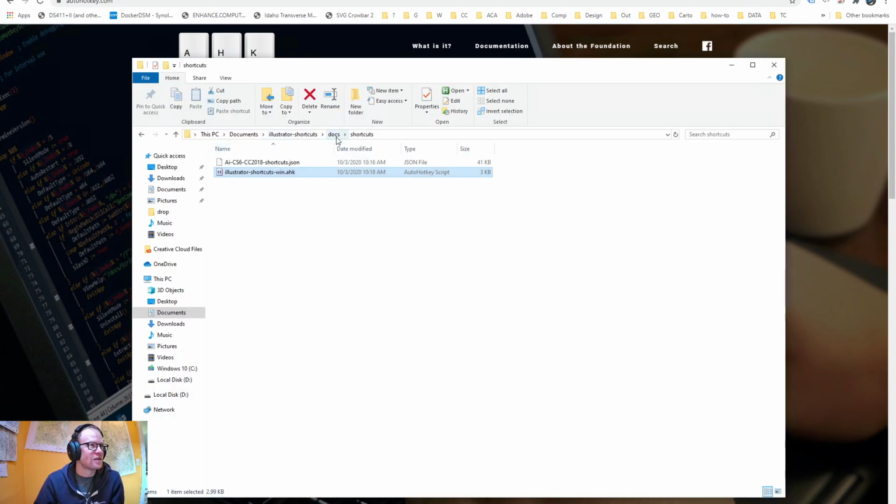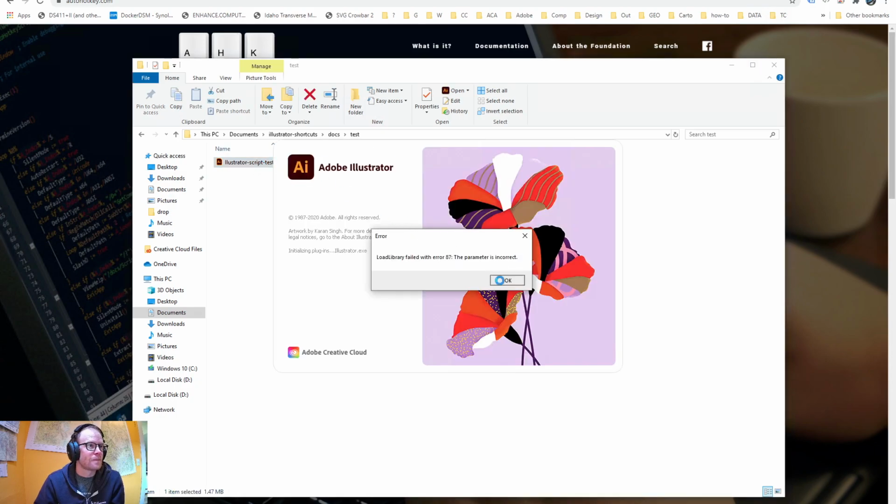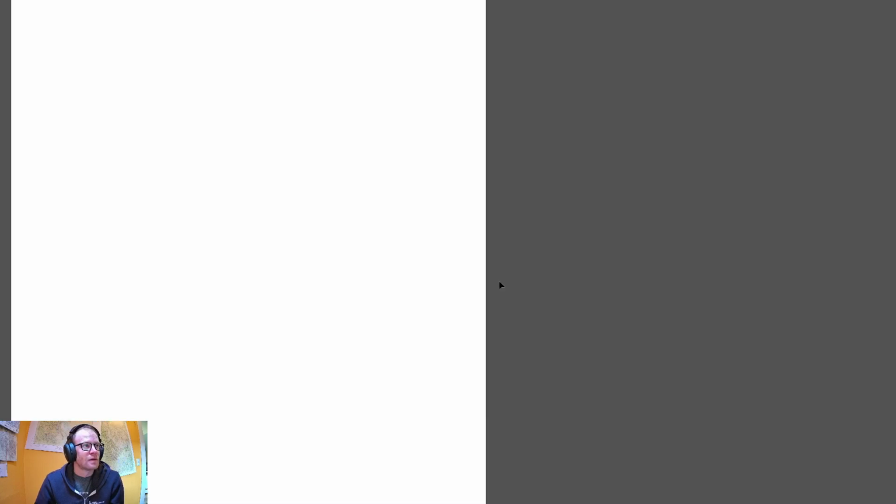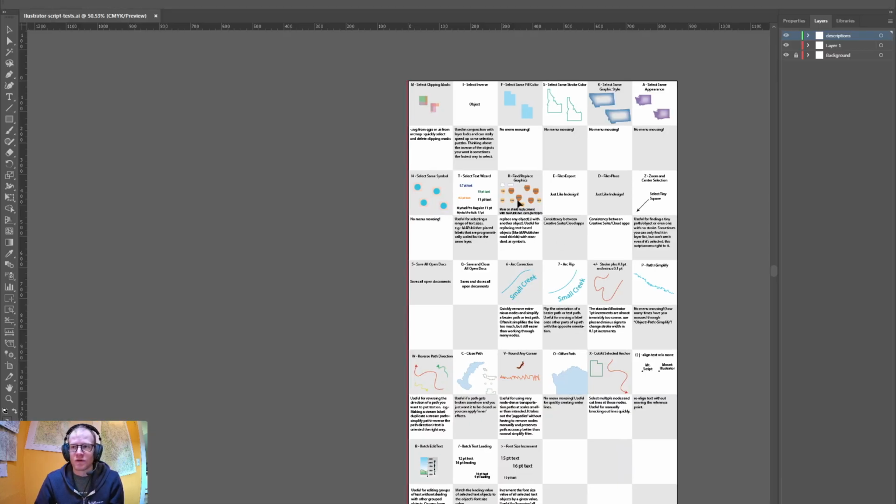So the next thing to do is to try it out. So if we go into the test folder in the repository, we'll see Illustrator Scripts Test. Let's just double click that. So this is Illustrator 2020, and when this loads up, you'll see this is just a quick document that talks about all these scripts and is a test bed to see if